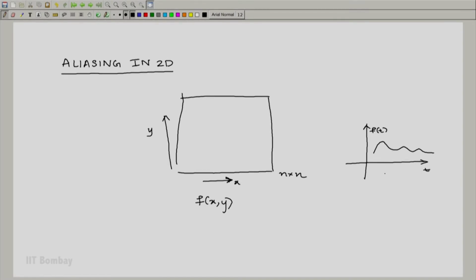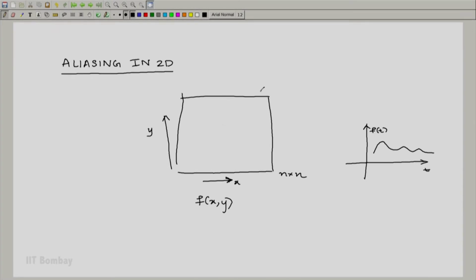So an image is basically a function of 2 variables. It was very easy to comprehend what frequency is in the time domain, but it is a little difficult to comprehend what frequency means in the spatial domain. In fact, we have 2 frequencies for depicting a picture in the frequency domain. So let's see what we mean by frequency.